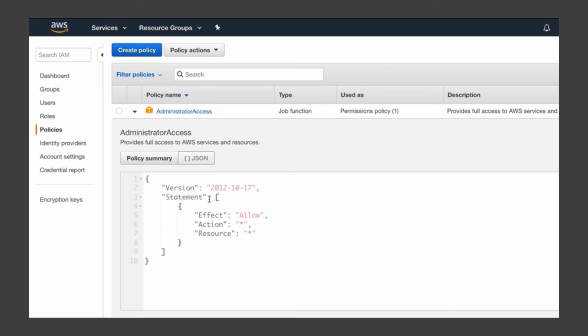It's a JavaScript Object Notation file, or a JSON file, which we were talking about before, and it basically is a whole bunch of key value pairs. So this is the version of the policy. This is the statement. We've got square brackets, and we've got our curly brackets, and again we've got more key value pairs. So these key value pairs are under the statement. So this is what we call nesting